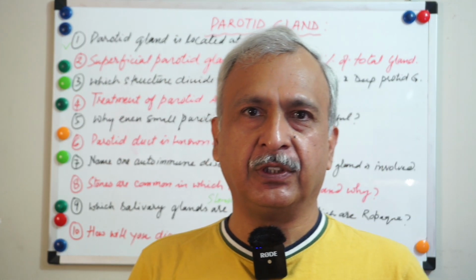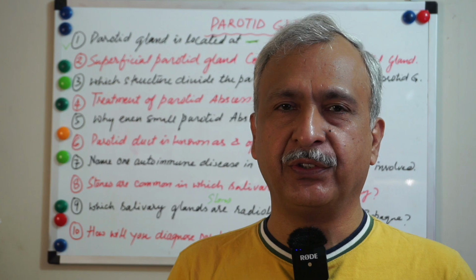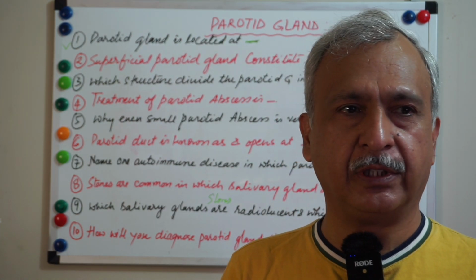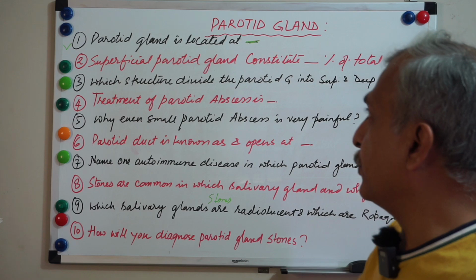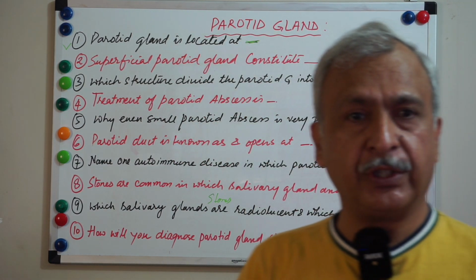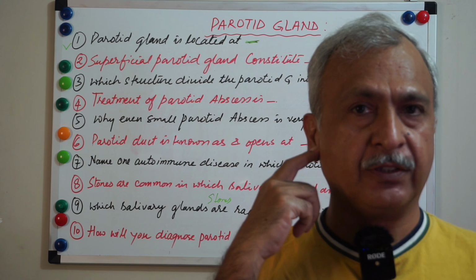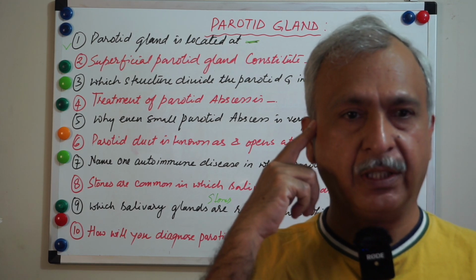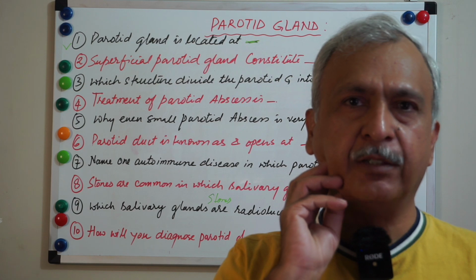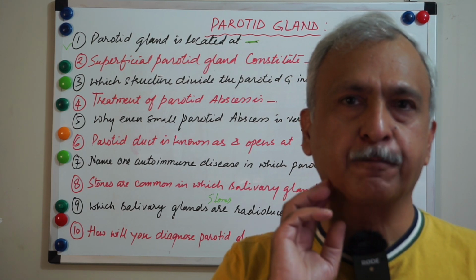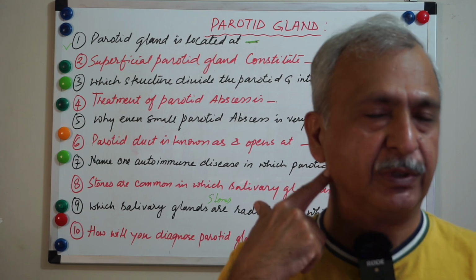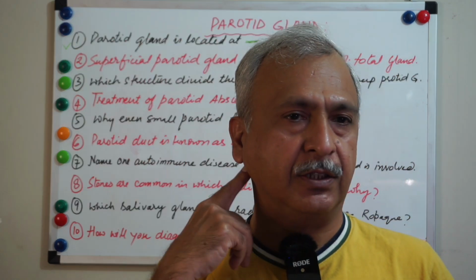So today I am with the answers to my previous episode of questions on the parotid gland. The first question was where the parotid gland is located. The location of the parotid gland is just in front of your pinna, below the zygomatic arch, and it may go up to the lower border of the mandible and in the recess between the angle and